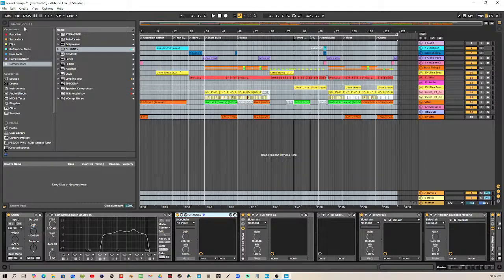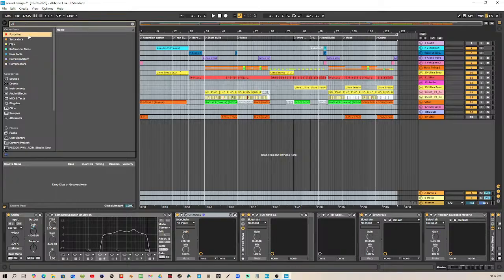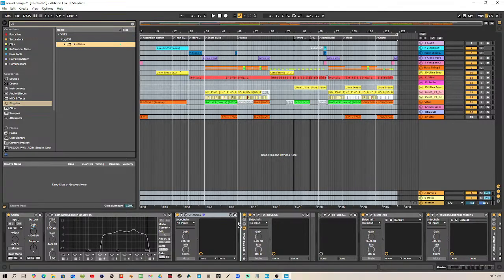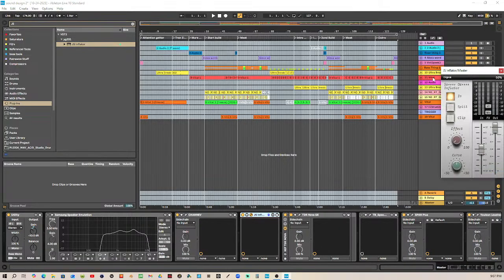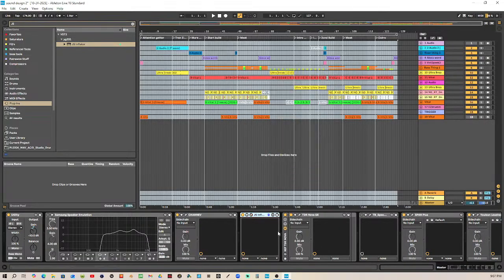And then I'll put another free plugin called the JS inflator on the master channel, just in case. And I won't have it on right away, and then I'll also have a clipper if I need it.